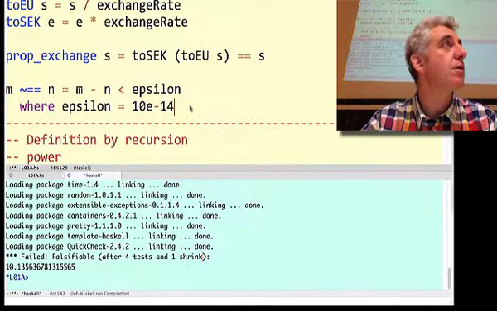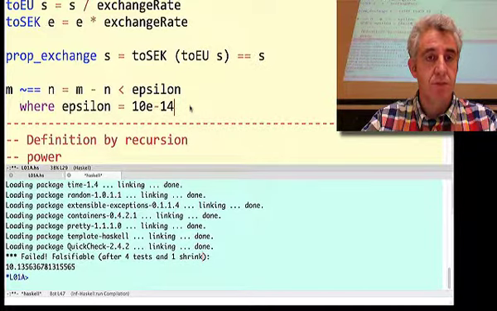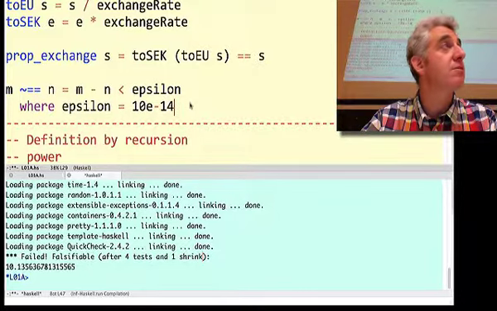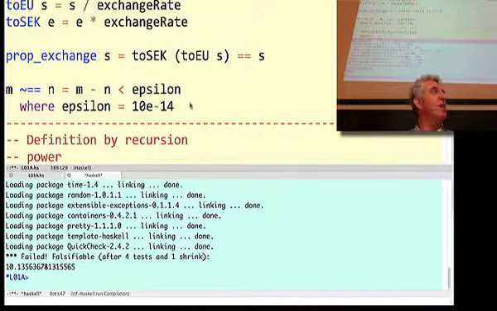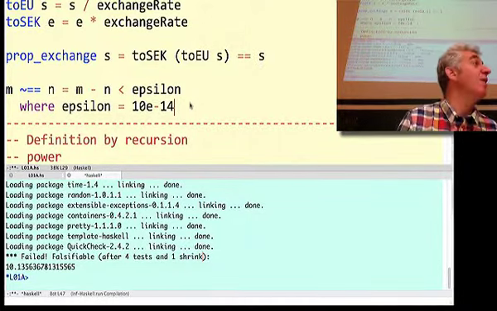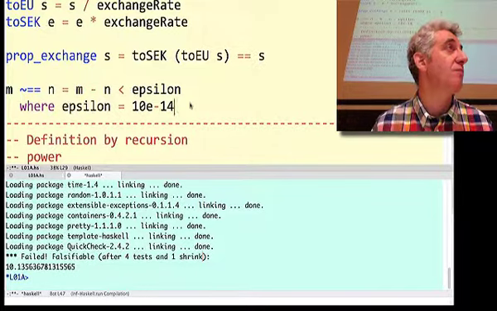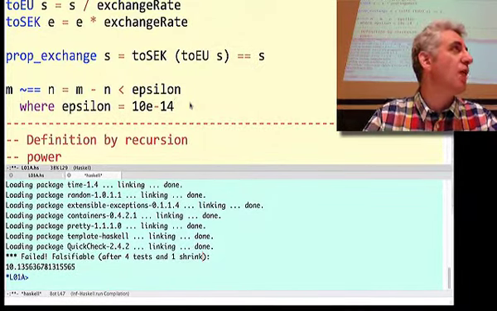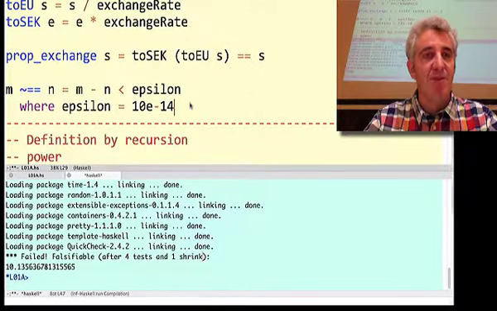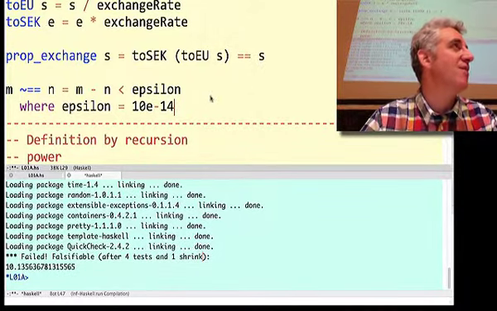Here, if we are talking about euro and Swedish crowns, we don't need this precision, just -2 is enough. Yeah, I guess so, if you want to, but this is not important. I'm also not doing any deep analysis of the level of precision of floating point representation. So we can choose anything here, some small number. I'm making it rather extreme. It makes it look like we're doing really delicate scientific computations.